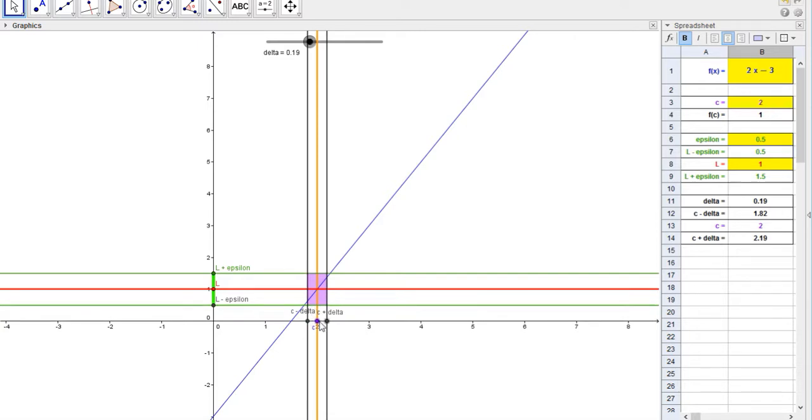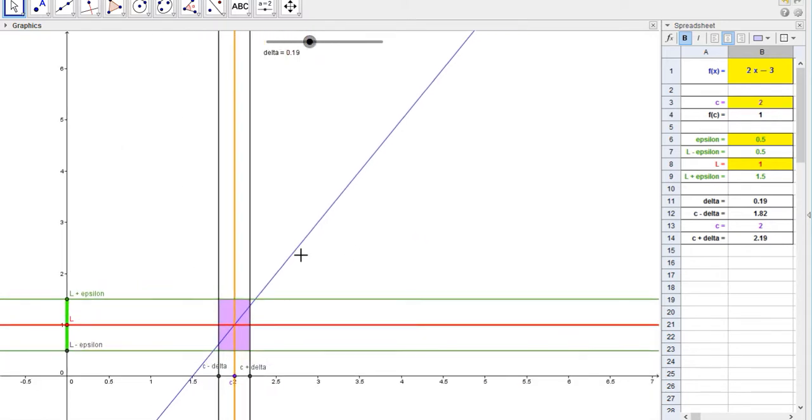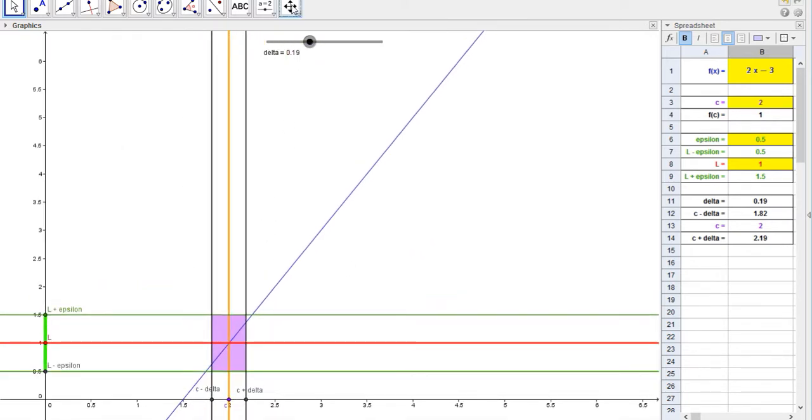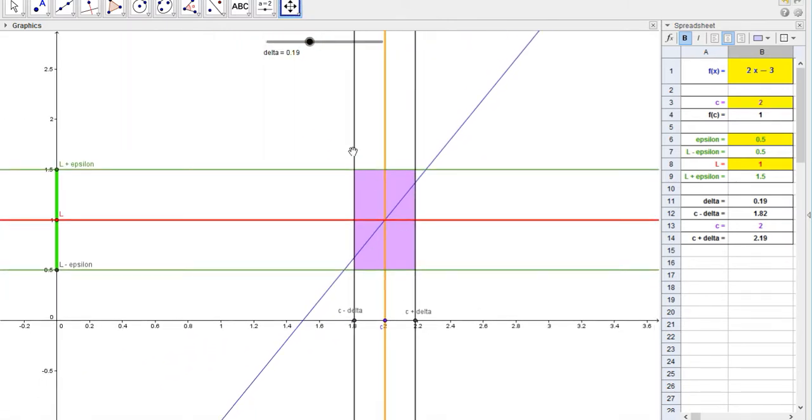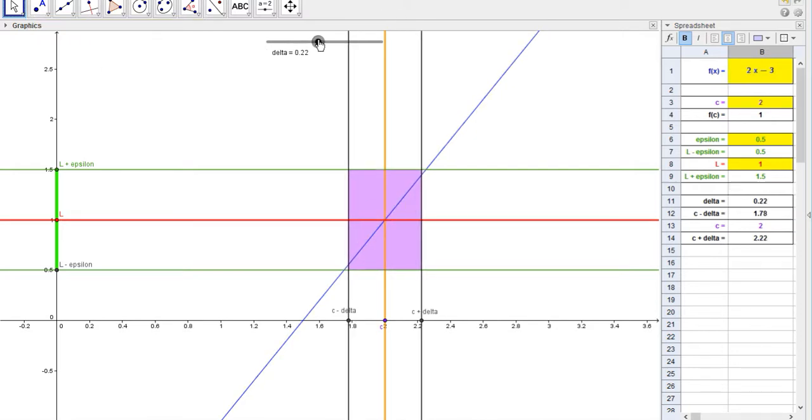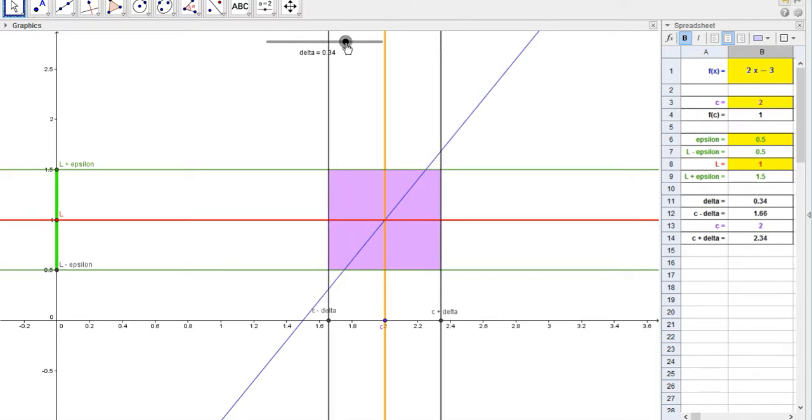are within this strip. If we're between the two black bars, then all the corresponding values on the graph, which are right in here, are between the two green bars. So the key is this little purple box. What you want is for this box to be such that the graph runs out the right or left sides. It's okay if it goes right at the corner, but it's not okay if it runs out the top or bottom,